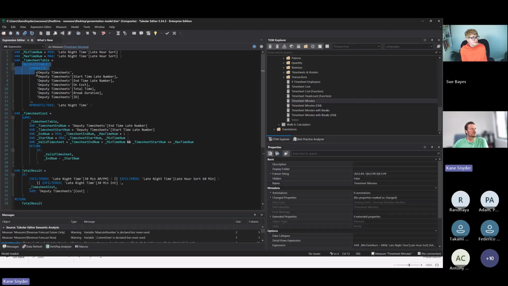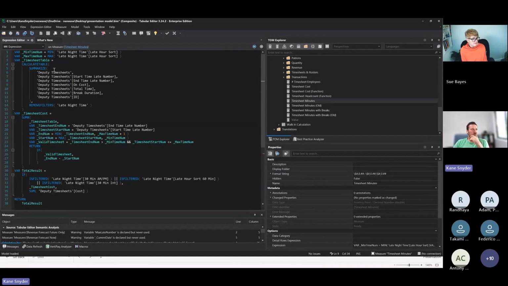For this timesheet table, to be more efficient rather than just grabbing the whole timesheet table, I'm just grabbing the fields that we need currently. We don't actually need all these. I don't think this one's in there because I used the same sort of calculation with cost. I've probably done some copy pasting, but the idea is just get the fields that you need to do this calculation rather than the whole table.